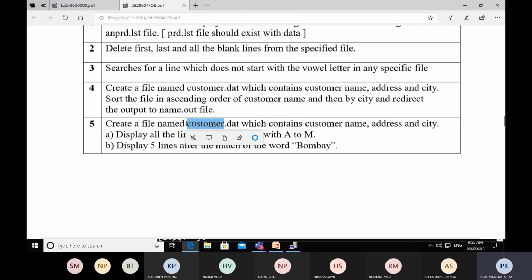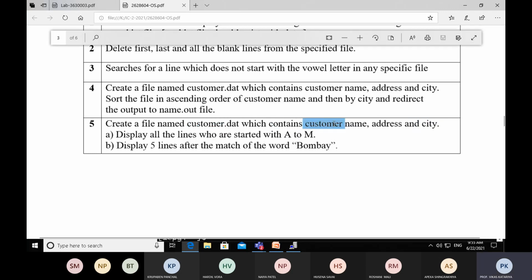We have to mention a field separator because we have to enter some records. Every record contains 3 fields and every field must be separated with the field separator. And here we have used pipeline as a field separator, right?